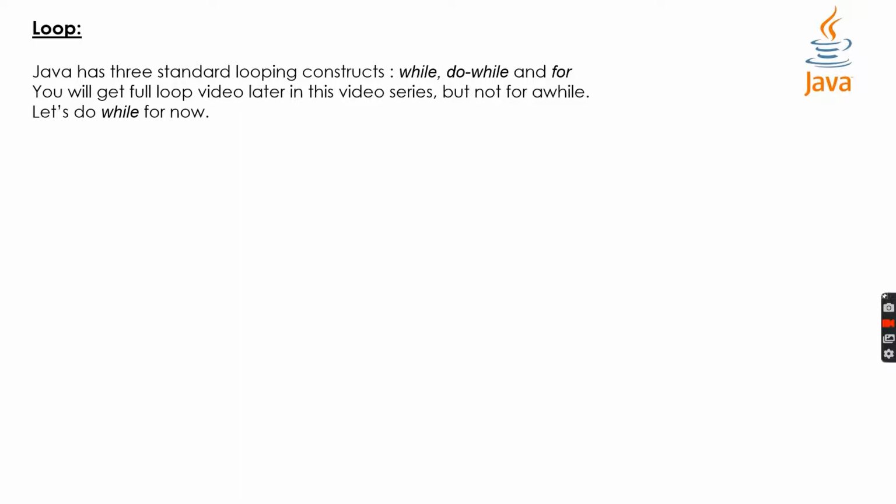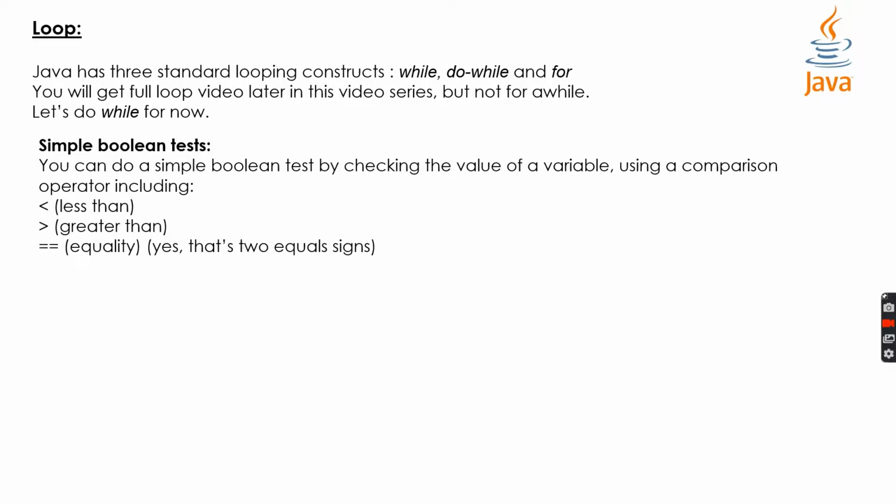The key to a loop is the condition test. In Java, a condition test is an expression that results in a boolean value. In other words, something that is either true or false. If you say something like, while ice cream in the tub is true, keep scooping, you have cleared the boolean test. Either there is ice cream in the tub or there isn't.